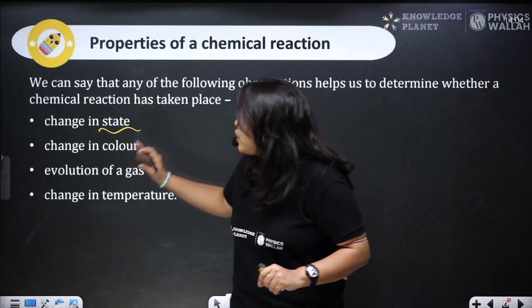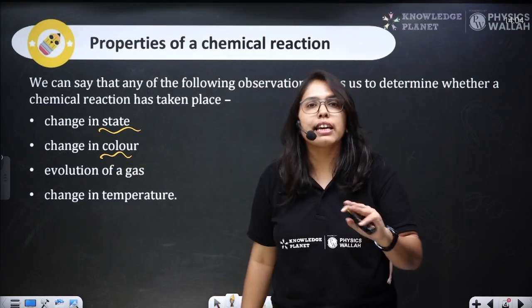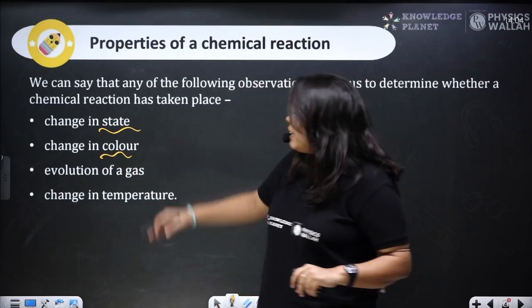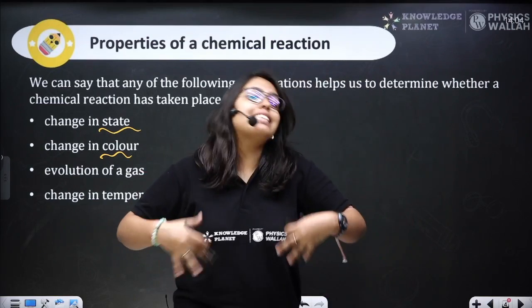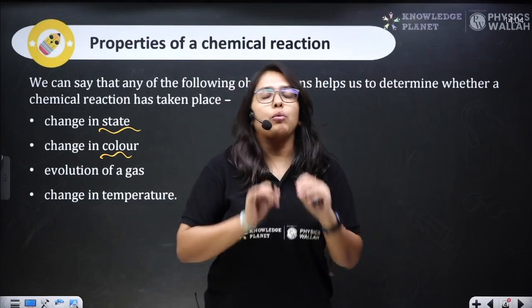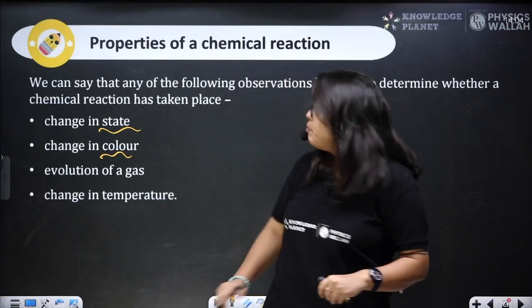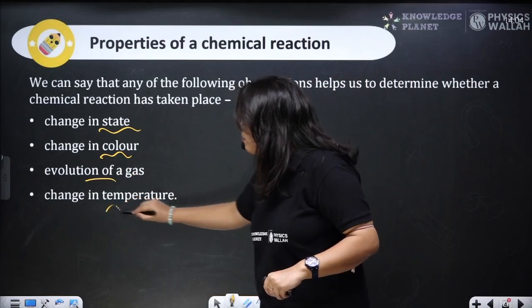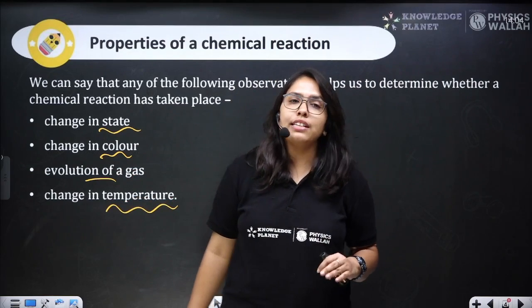Then if there is a change in color, even then we can say that okay, fine, there is a chemical reaction taking place. Then when evolution of gas comes into picture, that is when gas is released, even then we can say that okay, a chemical reaction is taking place. And finally, when there is a change in temperature, we can say that all right, a chemical reaction is taking